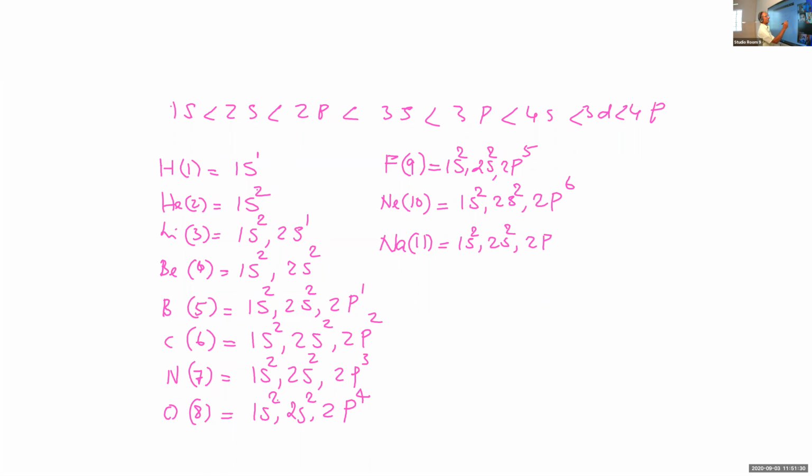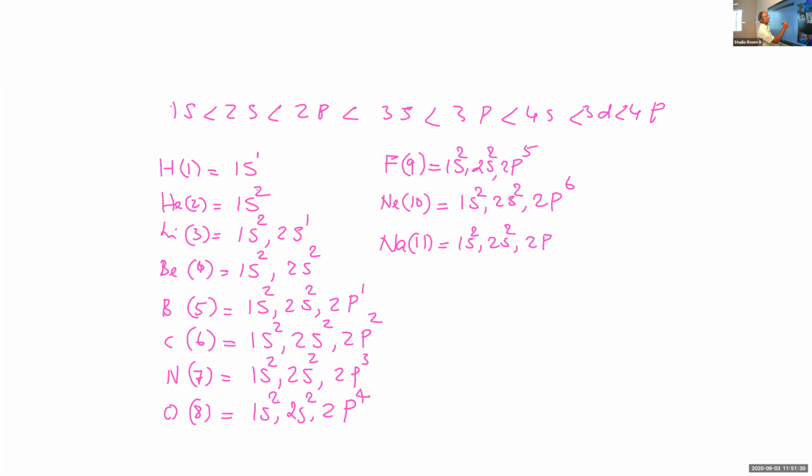In a similar way, you can write the electronic configurations up to atomic number 30, zinc. Let me take one more example, that is chromium, atomic number 24. We know the order: 1s, 2s, 2p, 3s, 3p, 4s, 3d, 4p. That is the order that we know. There are 24 electrons.